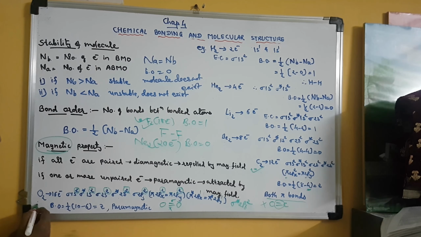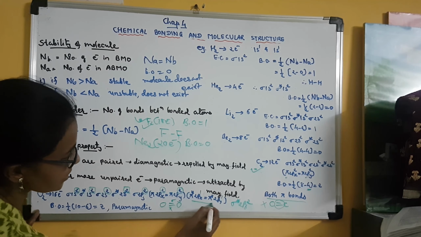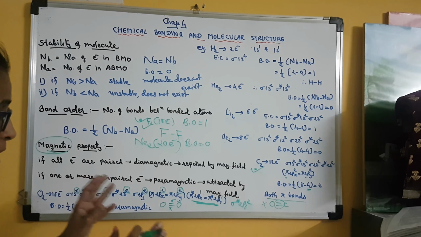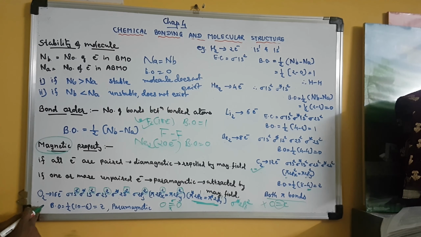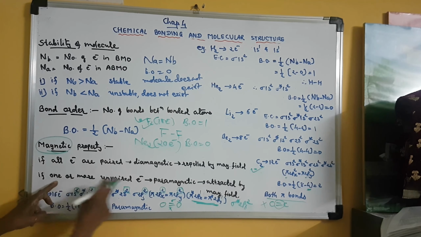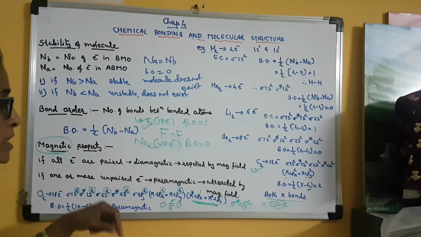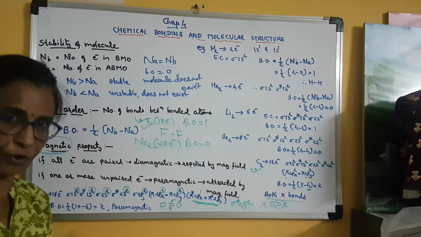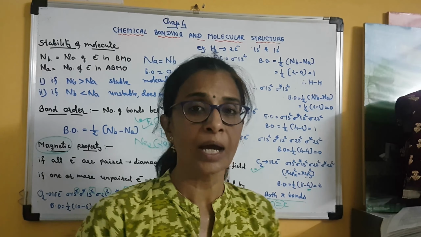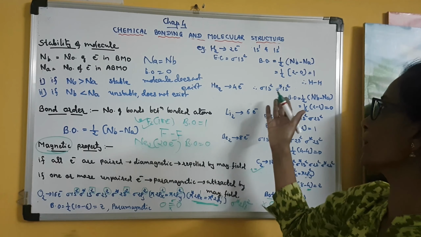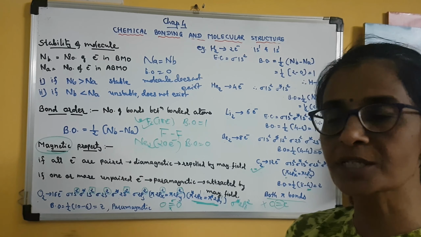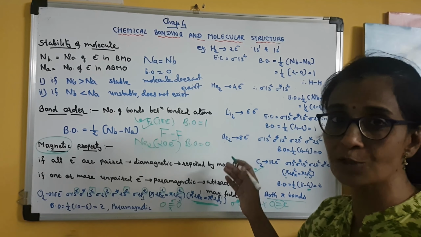Clear? But if we take O2, then in the case of O2 you can see that in these two anti-bonding orbitals one electron each is present, which means unpaired electrons are present. So in the O2 molecule there are 2 unpaired electrons present, and because of the unpaired electrons O2 will be paramagnetic, meaning it will be attracted by a magnetic field. Clear? So this is all about the molecules which are given in our textbook. We have studied how to write the molecular electron configuration, how to calculate their bond order, and how to decide the magnetic properties. Clear? So all this we discussed.